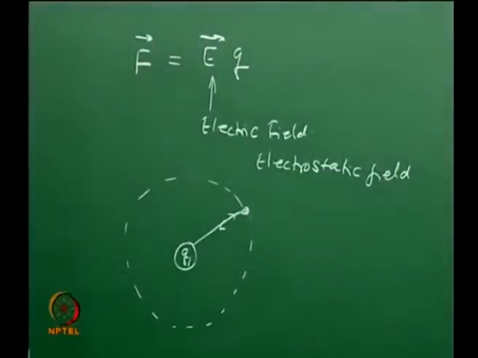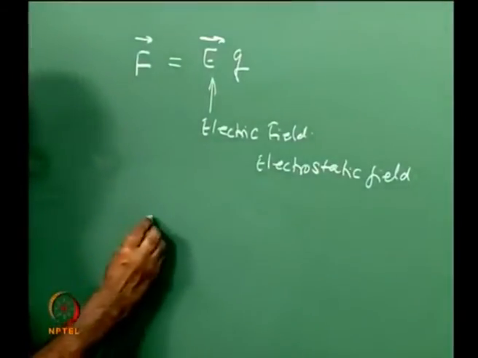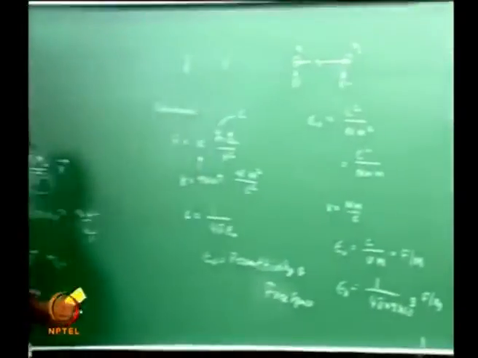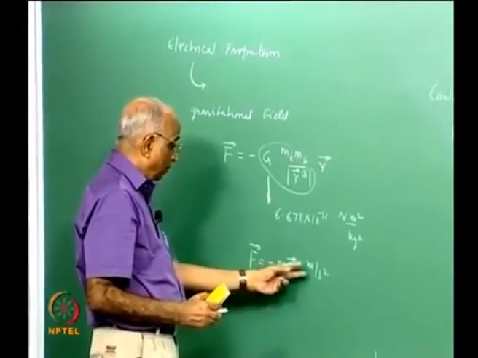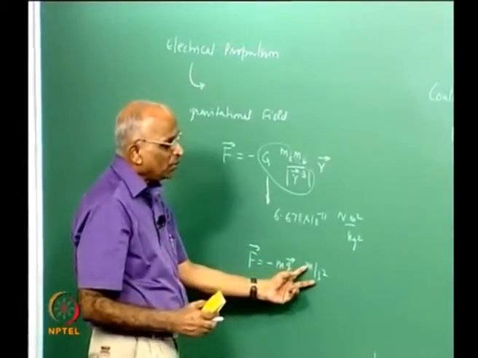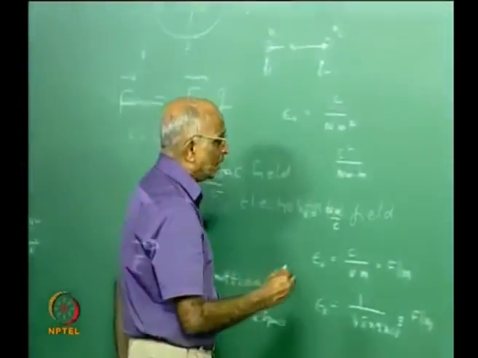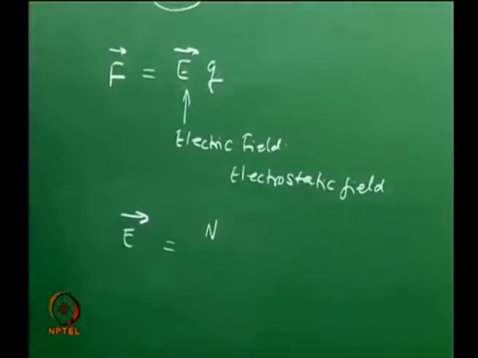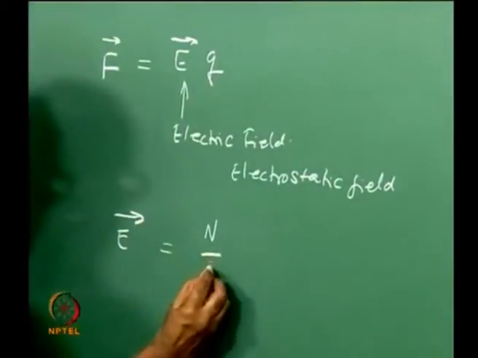If I were to put this down, what is going to be my unit of the electrical field E, analogous to what I had for g? For g we said g is equal to meter per second square. What is going to be the unit for E, that is the electric field? I can write it in terms of Newton divided by Coulomb,